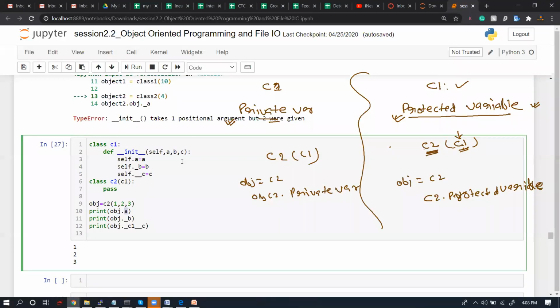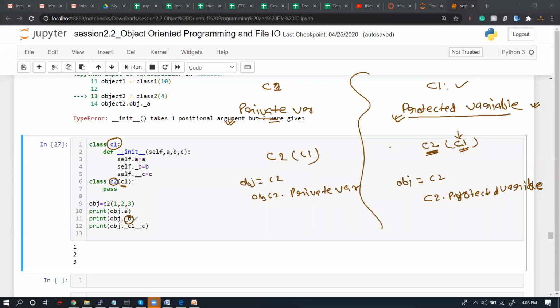A, B, and C variables will be available in this particular place. I completely agree with that. Now, just a little bit of modification you will have to do in this particular place. Just do one thing for me: if you have created a class C1, and a class C2, and you are trying to inherit class C1 into C2, then instead of calling this variable directly,